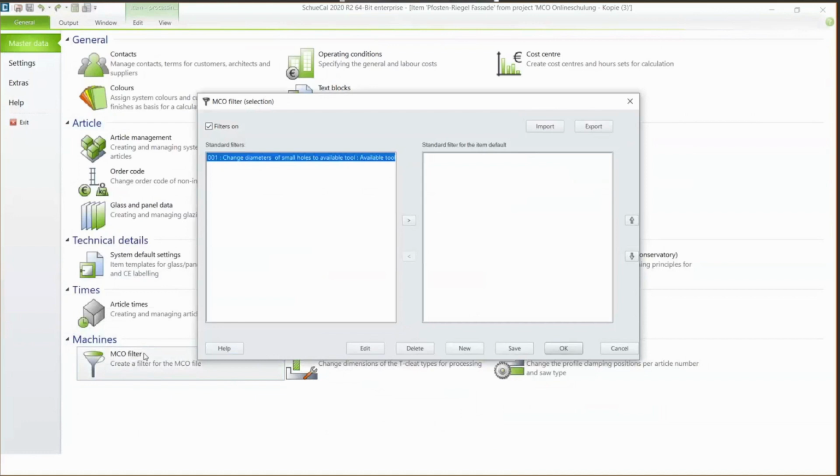On the left side are the standard filters, and on the right side, the standard filters for item default. So when the filter is on the left side, you can grab this filter in every single item, but it's not a default. When you bring the filter from the left side to the right side, the filter is active in every single item that you create new.